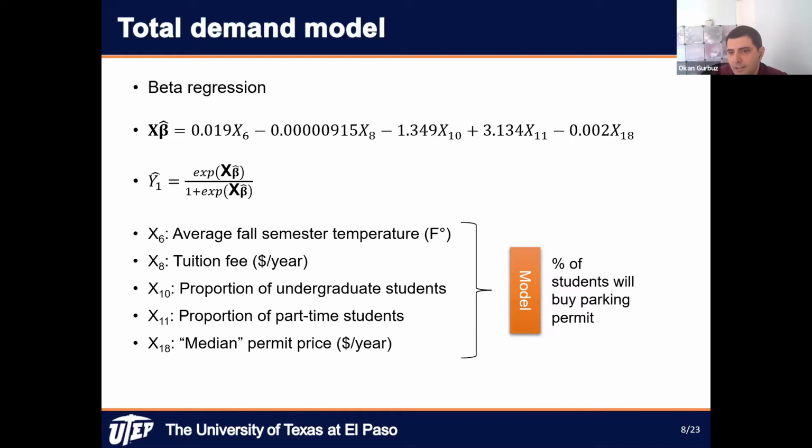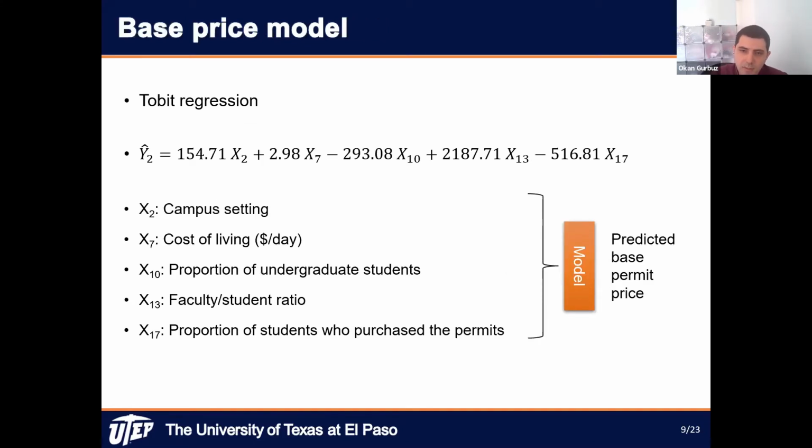And then when we ran the model with different input parameters we collected from 208 universities, we found that the significant parameters are the temperature, the tuition fee, the proportion of undergrad students, the proportion of part-time students, and the median permit price. The second model was called the base permit price model, and this time we use Tobit